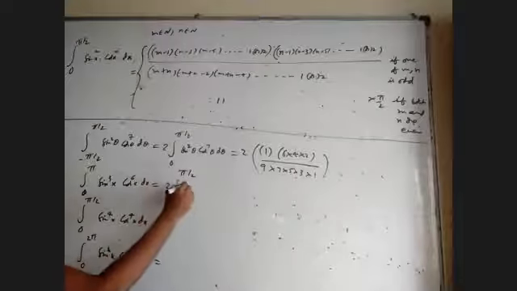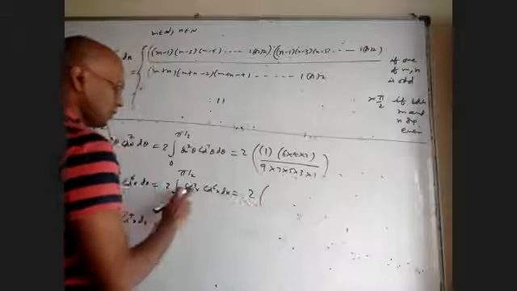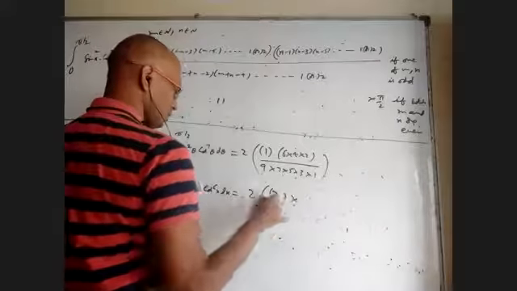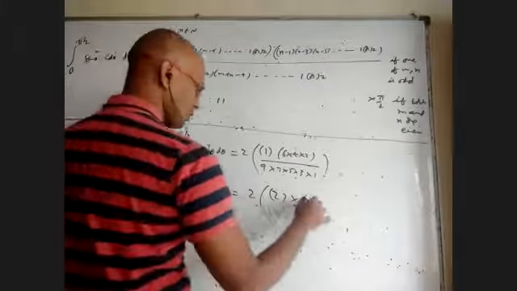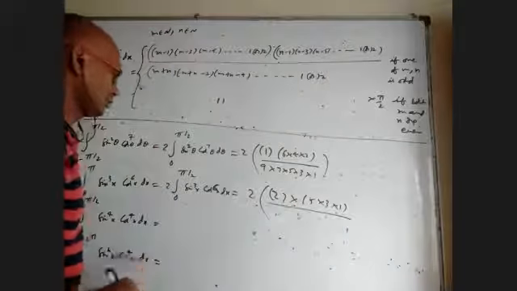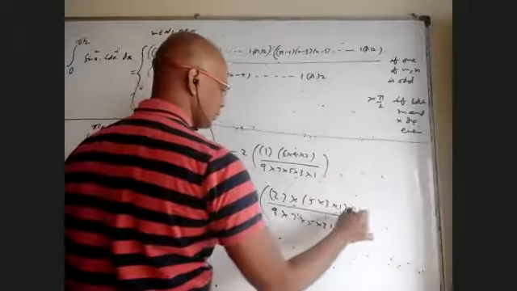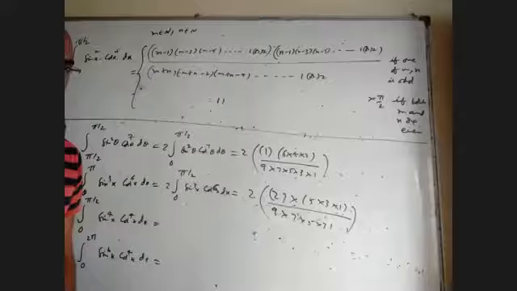Okay, this if I replace x with pi minus x, no change here. Here minus cos x will come, but power 6 will take care. So finally, you are getting f of pi minus x is f of x. So I can write 2 times 0 to pi by 2 sin cube x cos power 6. For 3, if I decrease 1, it will be 2. It will stop right there. For 6, if I decrease 1, it will be 5 and then 3 and then 1. And 3 plus 6 is 9. So 9 into 7 into 5 into 3 into 1. Into pi by 2 is not necessary because one of them is odd. That's it.